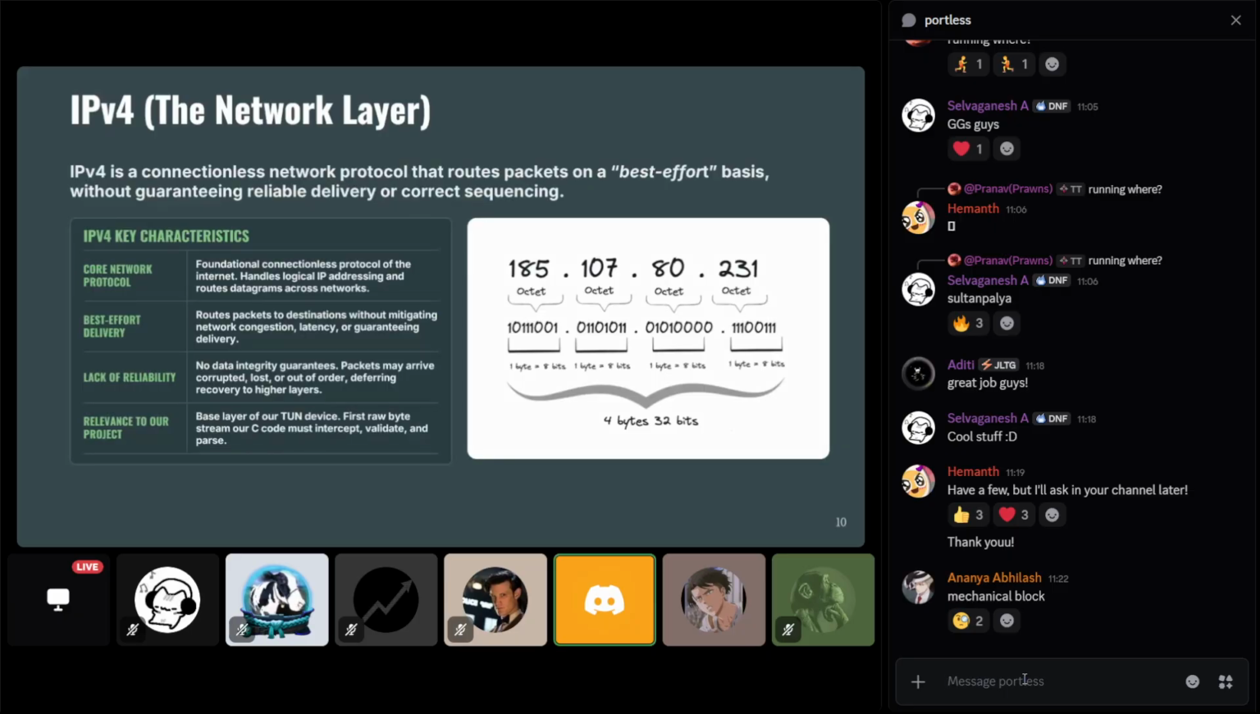So I'll start with the network layer. So this is an IPv4 example. As you can see in the diagram, there are 4 octets. So that is how an IPv4 address looks. So what is this IPv4? It's a connectionless network protocol. To best describe it, I can say it as a best effort basis. It will try its best